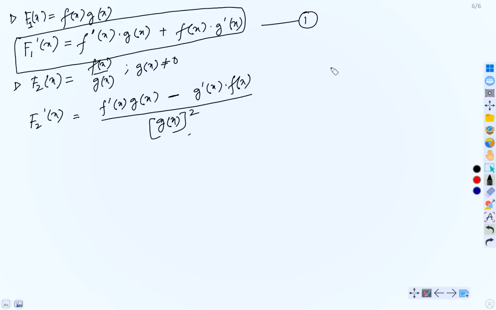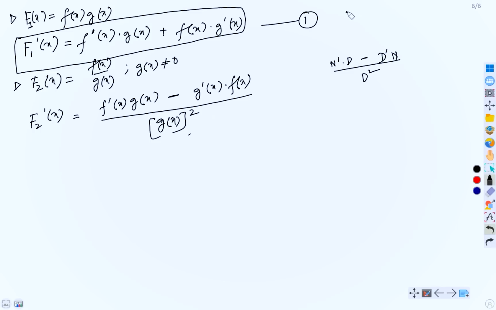So what is first? Differentiate the numerator, then multiply with the denominator, then again differentiate the denominator, then multiply with the numerator, put the symbol, and then denominator square, okay? In this case order is not so important because the symbol is positive, right? But if you remember it this way, it would also be helpful for you to solve this type of problem also, okay? So it is better to remember this in the same order.